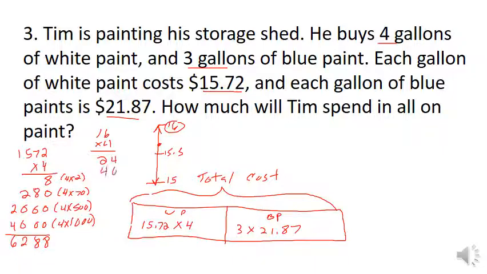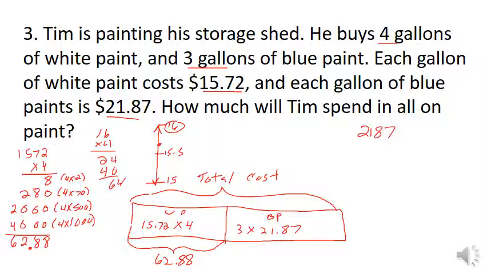4 times 6 is 24. 4 times 10 is 40, and I have 64. So I know the estimation is going to be $62.88. So I can place that right down here. The last problem is 3 times